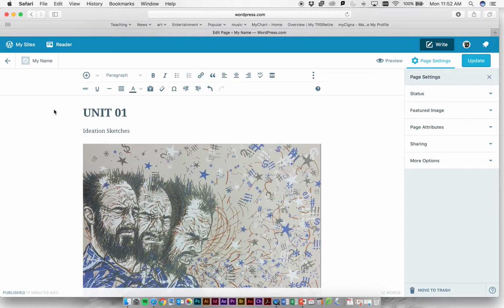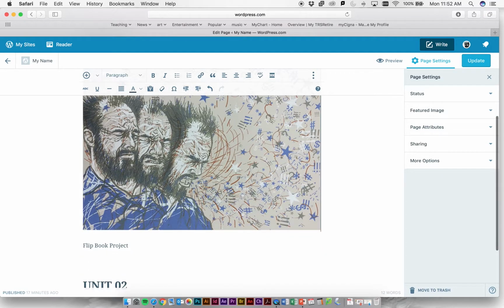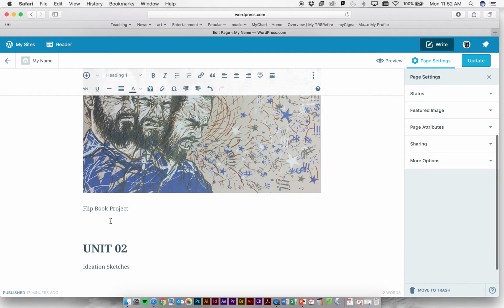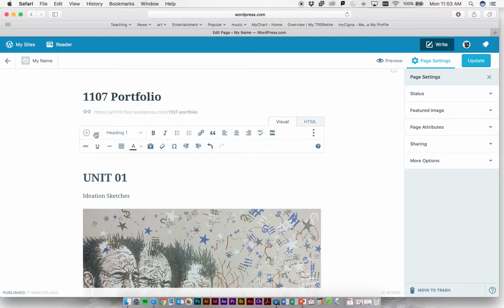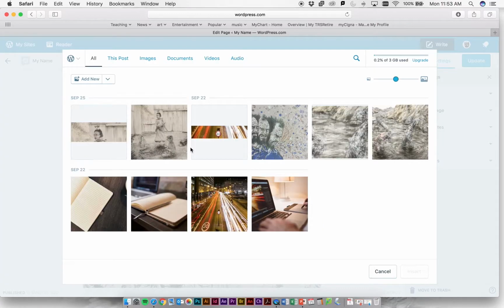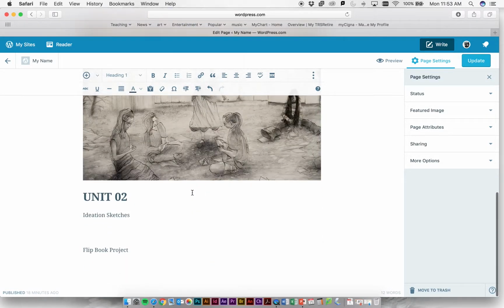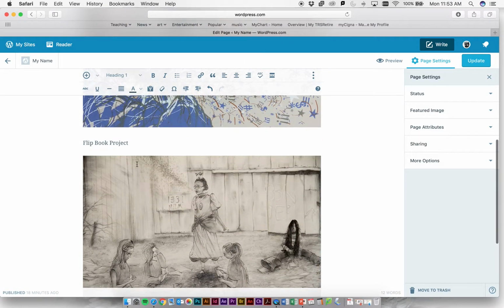That could be ideation sketches, however many of those I wanted. And then the actual project itself I could put underneath here again, and all I have to do is go up here, go to insert special, go to media, click a picture, and add it in, and I could just keep putting in my different